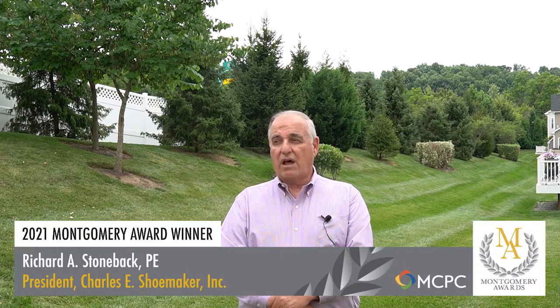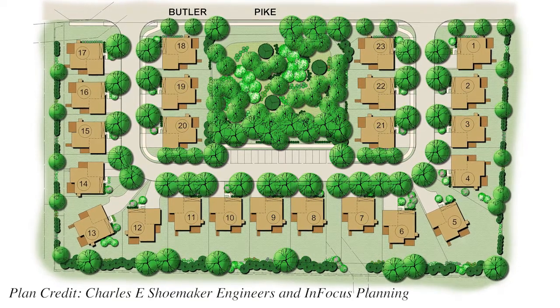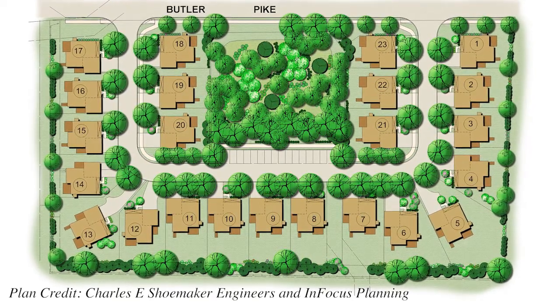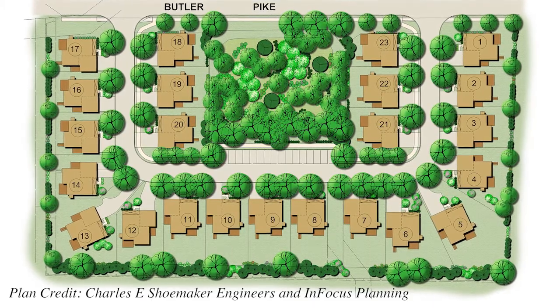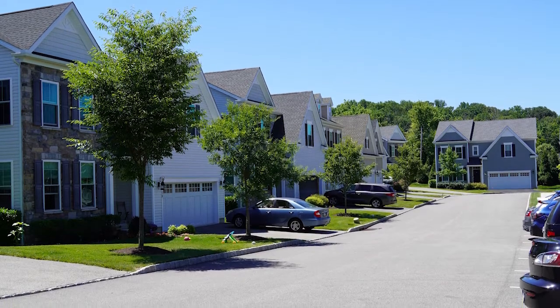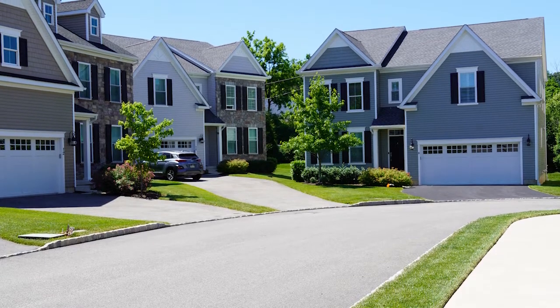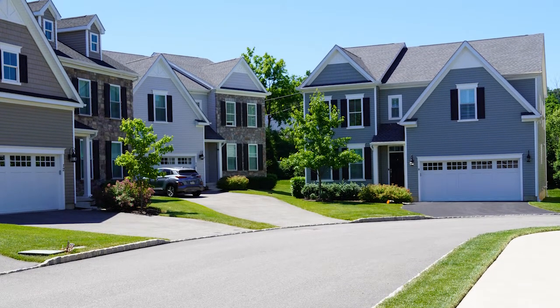Sal brought it to us and said, I want to build a townhouse alternative, which is a zero lot line project. What we found out was that his townhouse alternative, which is built here on 4.5 acres, has a density of around 6 units per acre, which is close to a townhouse density. But when you look at the streetscape and you look at the people that are living in the homes, they're actually living in a house that's about the same size of a townhome, but it has a rear yard,